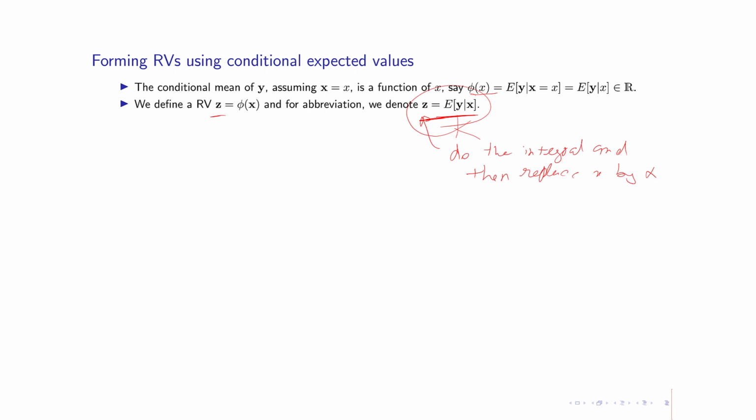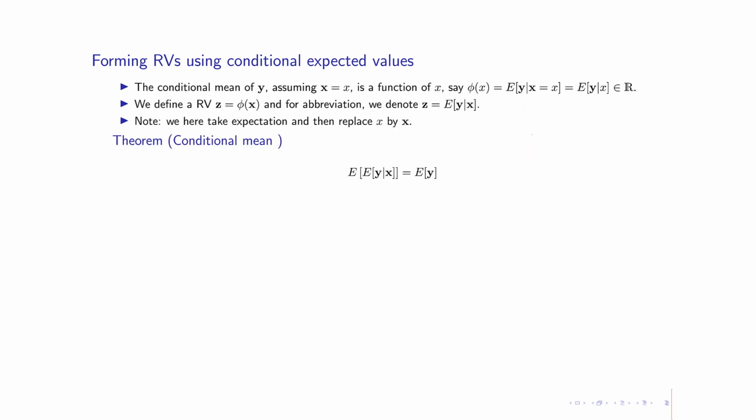Obviously, this abbreviation is totally different from this one. This step is just to do the integral, but then you substitute with a random variable. Here this X is a random variable, while here x is a fixed real number. So this is just notation, and it has a very clear meaning. Now, what we want to say is that this new random variable, which is Z, has a distribution. And in this theorem we want to prove